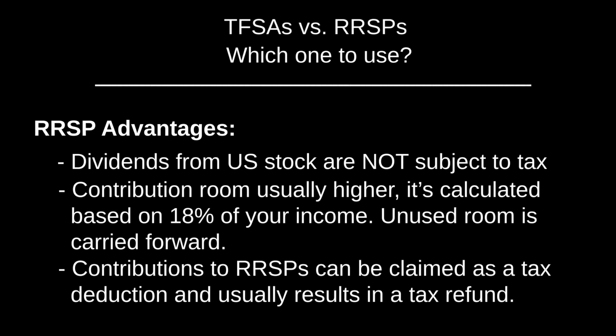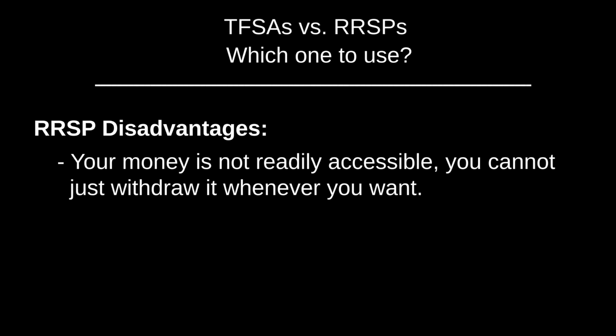be claimed as a tax deduction when you file your taxes at the end of the year. So since your employer pays income tax directly to the government, when you make this tax deduction, it usually ends up in a large refund at the end of the year, depending on how much you've contributed and your tax bracket, of course. And this money can be used to be reinvested or for whatever you want.